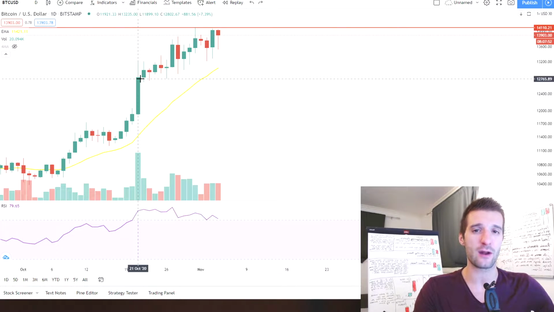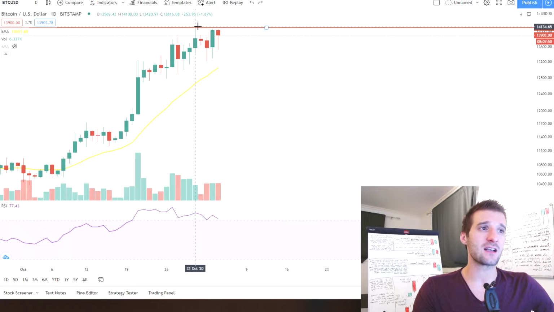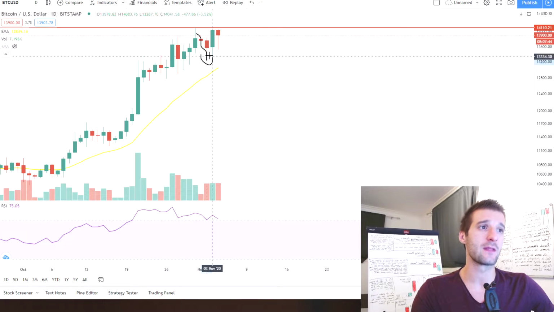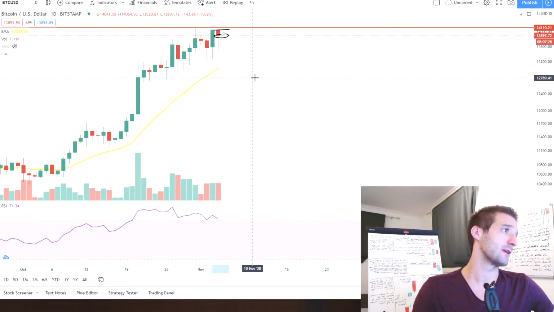And until we break that high. Now this high over here became very significant because, as we can see over here, we had a crash after that and then recovery with this big engulfing candle. Again, we've been stopped out, opened the position on this candle over here, and we are trading approximately somewhere around here, which is, let's say,